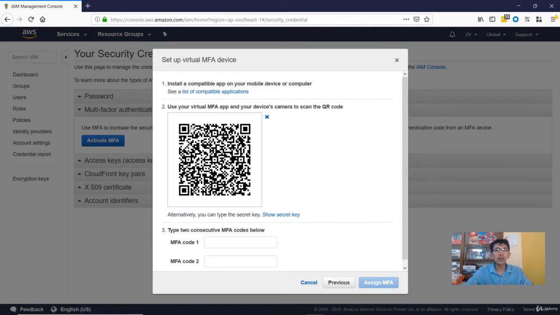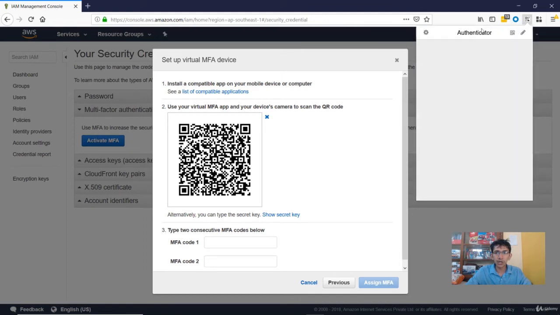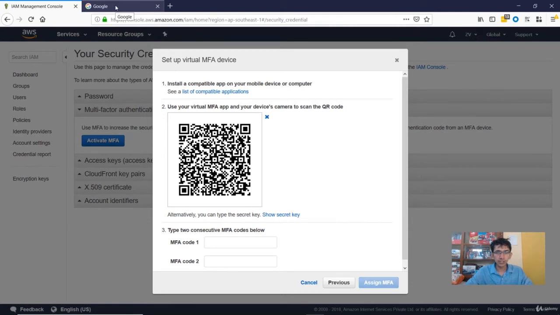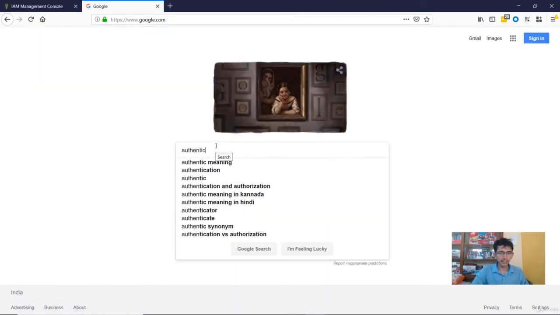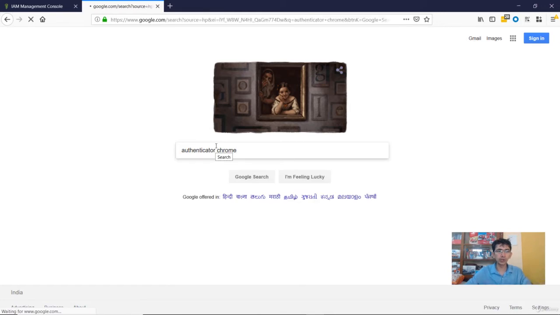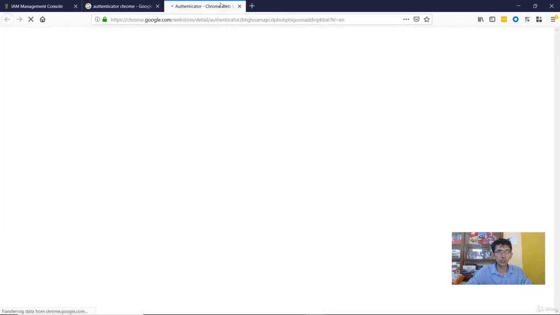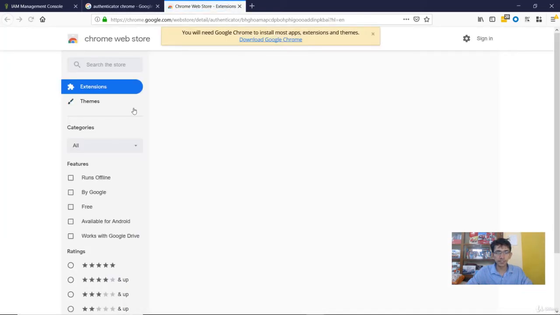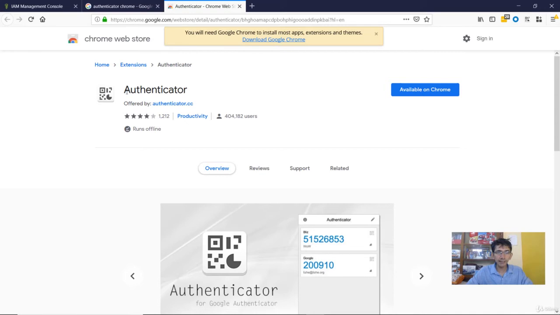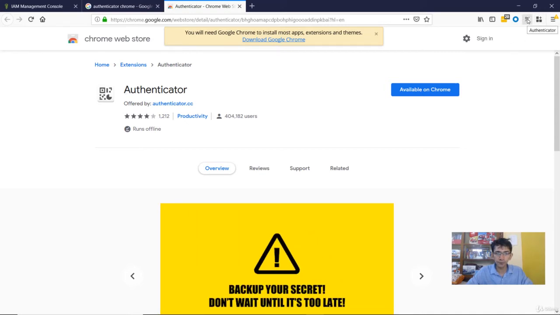If you click on show QR code, this is the QR code which you will have to scan from the device. There are various apps available from which you can scan this QR code. One of the famous ones that is used extensively is the Authenticator app within the browser, and you also have the Google Authenticator app, which is available in the Android as well as the iOS marketplace. Let's look into some of those. If you just type Authenticator, and let's say you are using Chrome, then in the Chrome store you will find an Authenticator app. So this is the Authenticator app. I have a similar app installed for my Firefox browser.